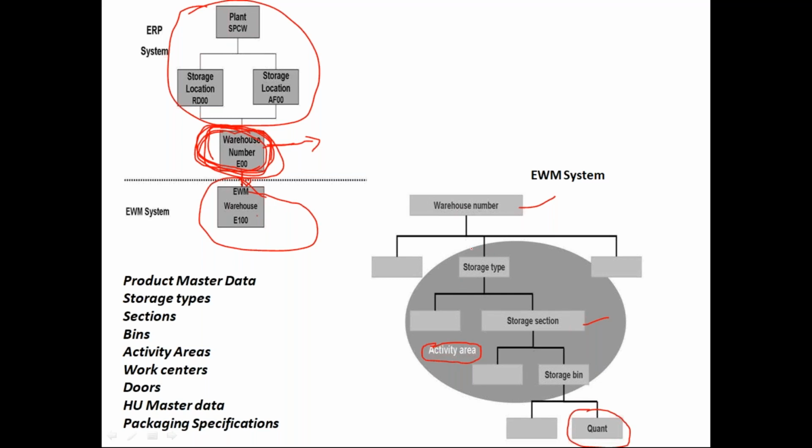So actually speaking, a storage type is also a group of bins and an activity area is also a group of bins. Whereas a storage type is a physical grouping, an activity area is a logical grouping. Let's say, for example, in a storage type you can have 100 bins. All those 100 bins you are considering in one storage type, right? These 100 bins I can consider as two activity areas or 3 activity areas or 5 activity areas or only one activity area. That is possible. So ultimately, with an activity area, we determine and maintain some configurations for flexibility of operations in EWM. So an activity area is nothing but a logical grouping of bins.